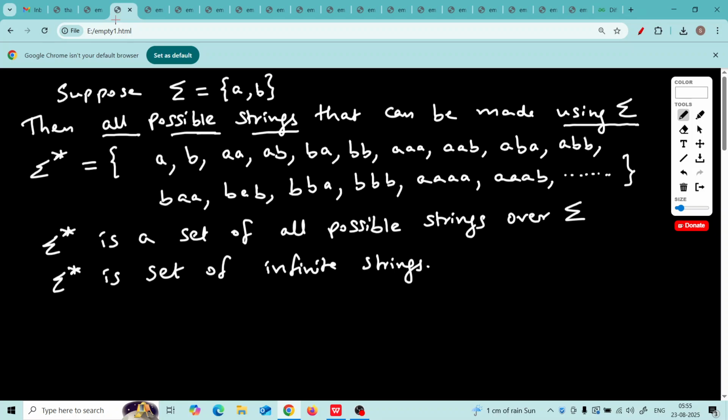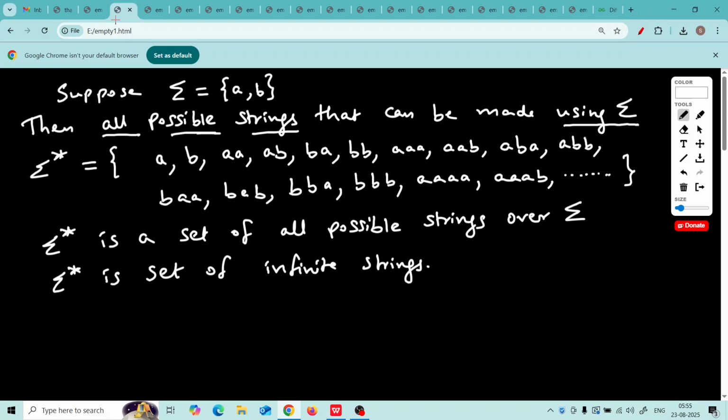Now, you just check the first string A. Isn't A a string that is made using sigma? In this string A, we have not taken B at all. We have taken A. Next, the second string is B. In this string, we have taken only B, we have not taken A. Next, you see AA.